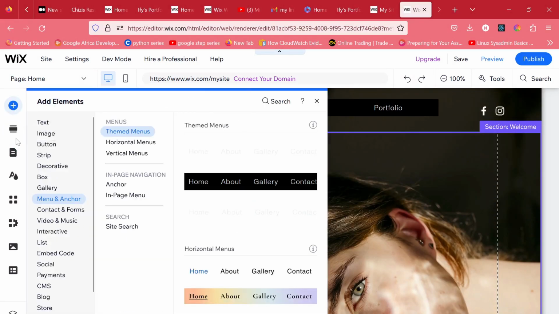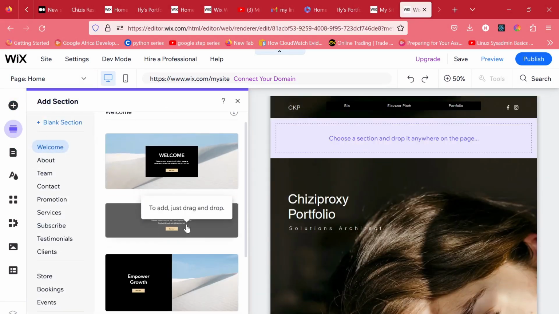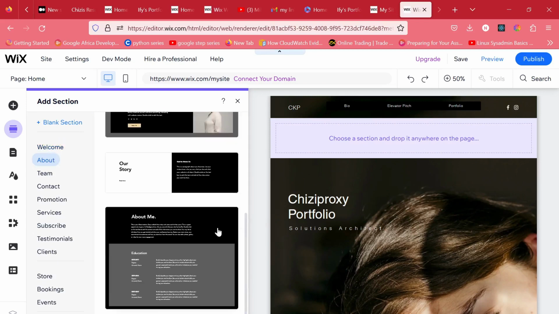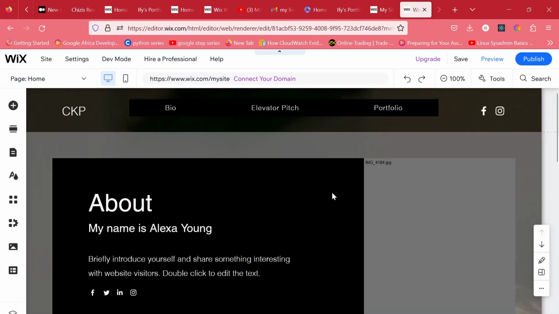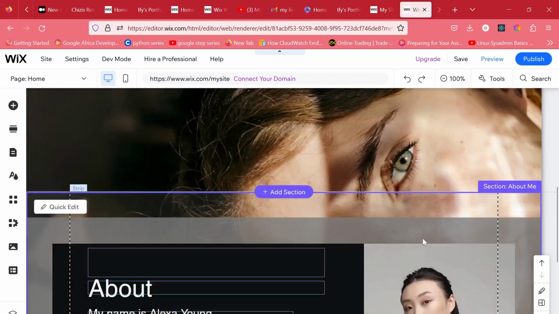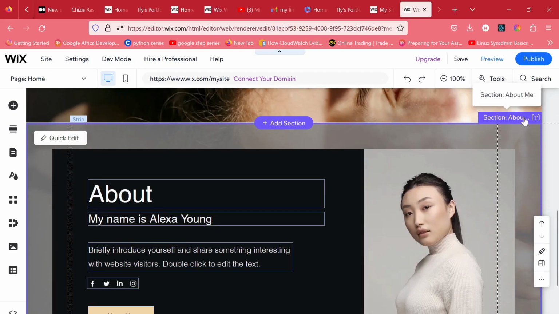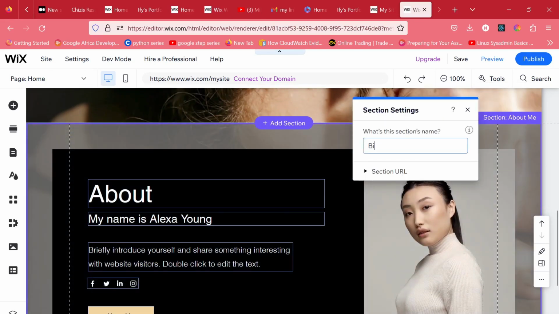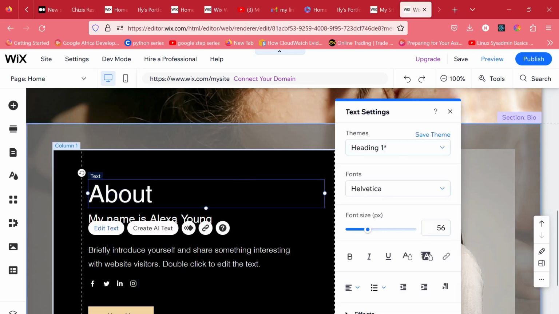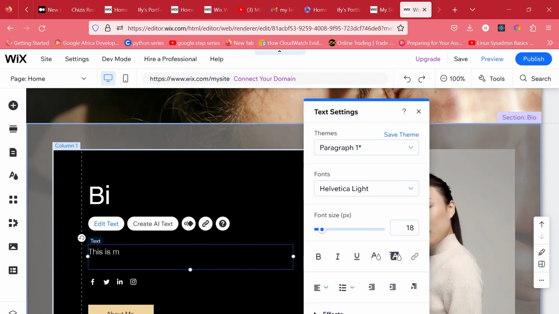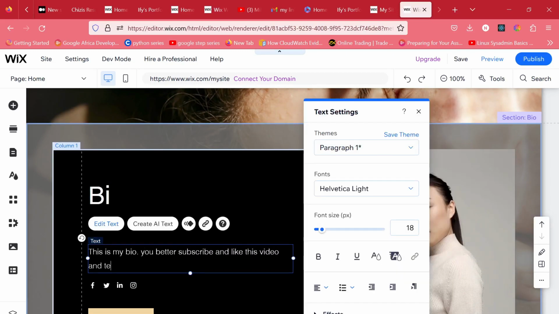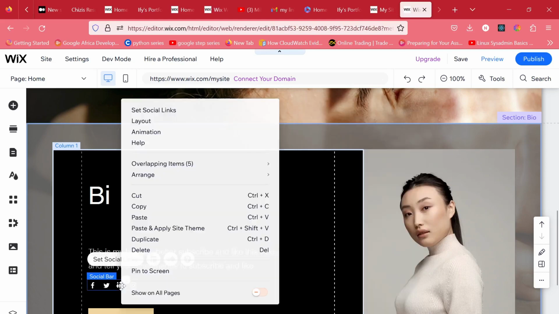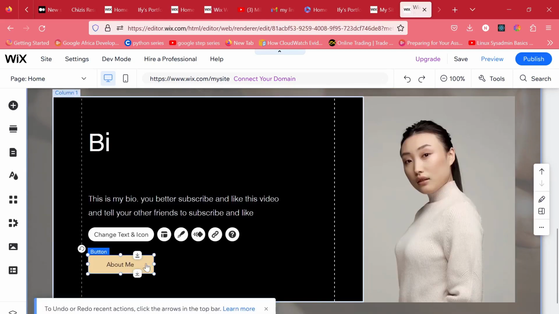Go to add section and select a nice looking about page. This will be our bio. Press the arrow on the right to move it down, then click on section to change the name to bio and edit your page as you see fit. Click on an item you don't want to be on your about page and press delete, or right click and